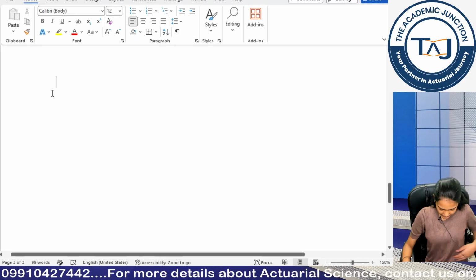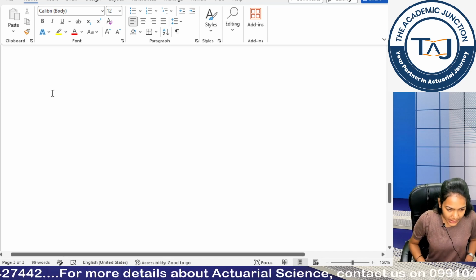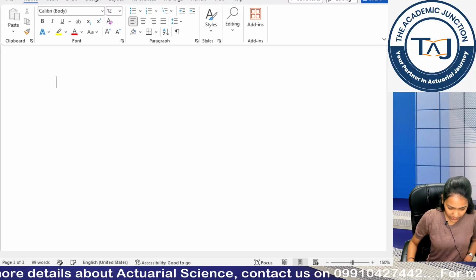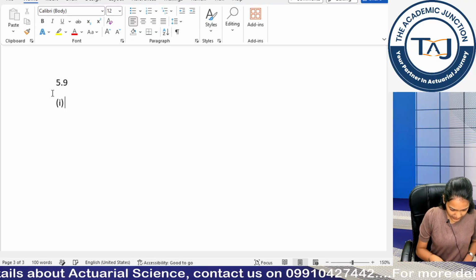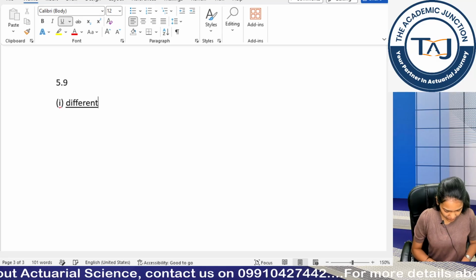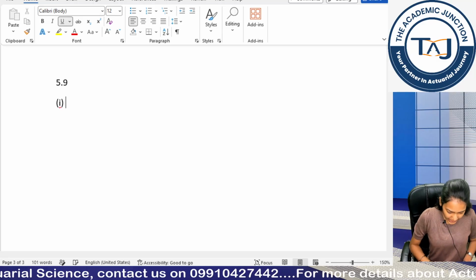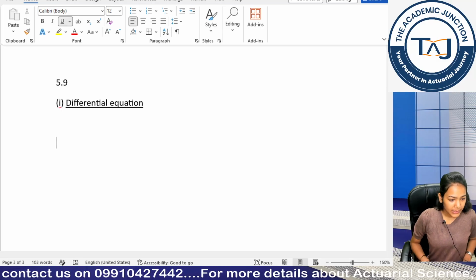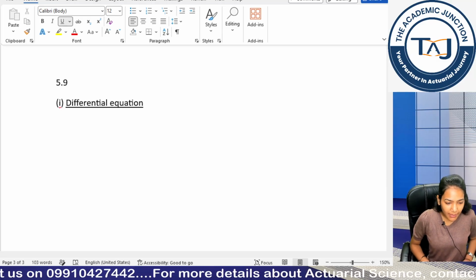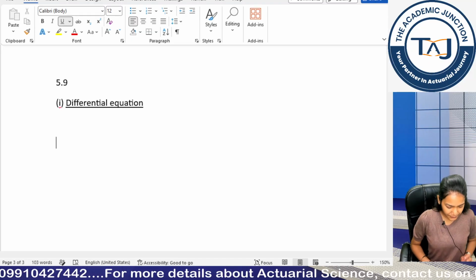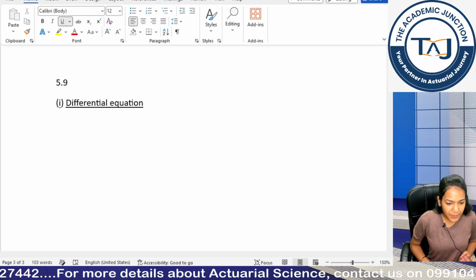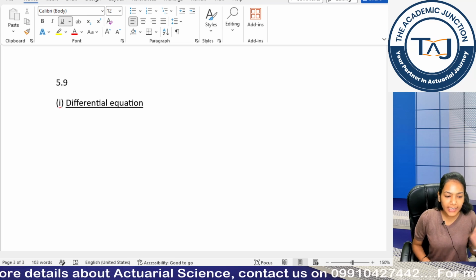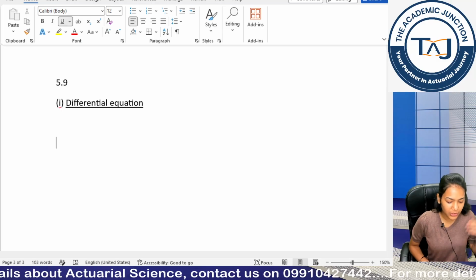Again, this class is not technical, so you can open up your answer and start typing along. So, we are doing the 5.9 question, the first part, which is designed for the differential equation. If you want, you can assign a name to your subpart. First, I have to use the Markov chain assumption. The first assumption is that the probabilities of being found in any state at any future age depend only on the ages involved and the current state occupied, and not on the previous state.